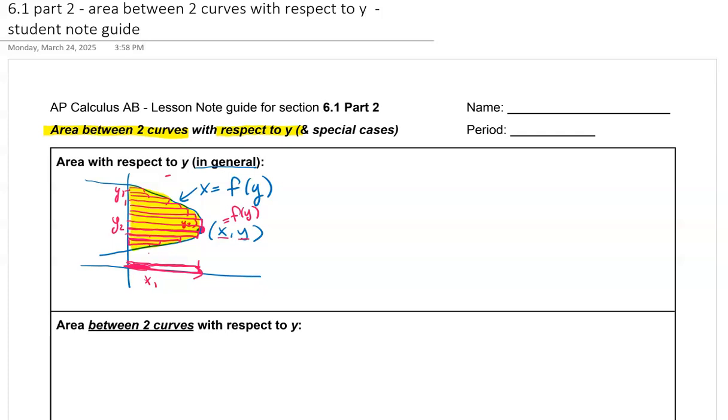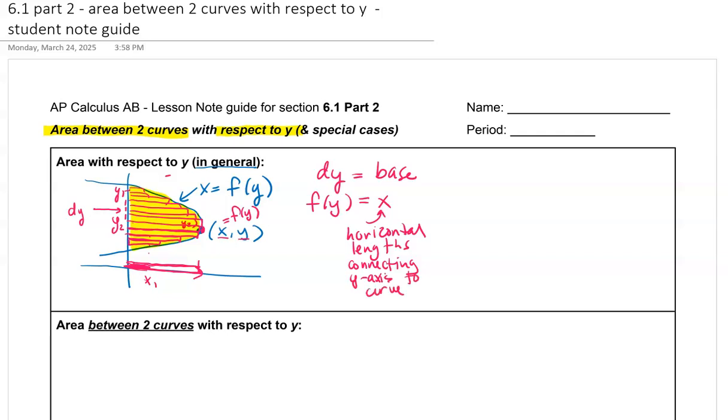So each of these little rectangles would have these different changes in y thicknesses, which would be understood as the base of each rectangle. And then the different f of y values, which are giving us our different x lengths, the horizontal lengths that go from the y-axis to the curve, those are found by evaluating the function at these different y points. That would be considered the height of each rectangle. Of course, they're laying sideways. Maybe we could think of it as the length. We could also think of it that way,